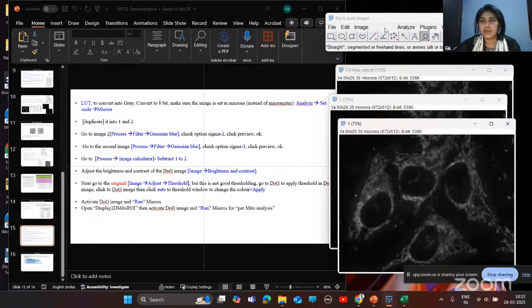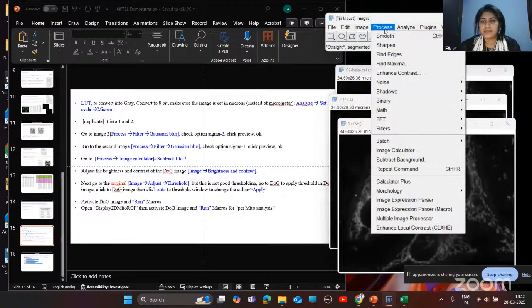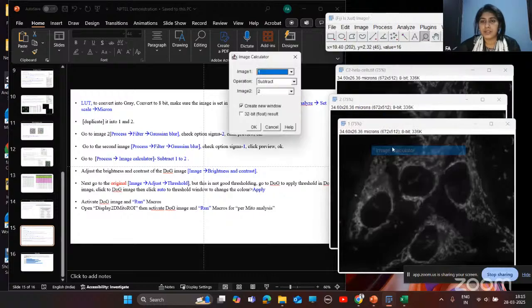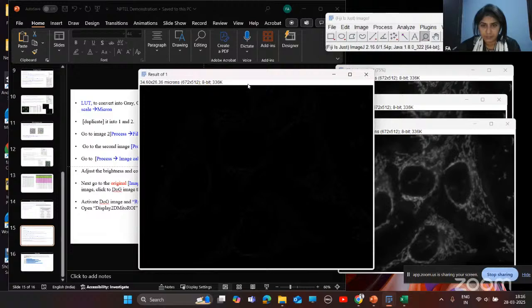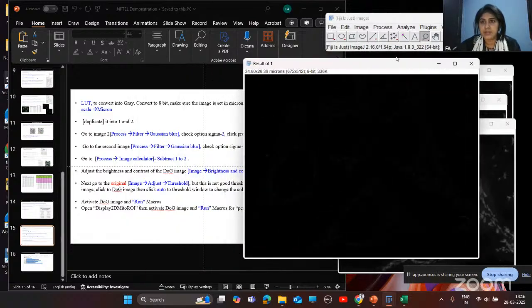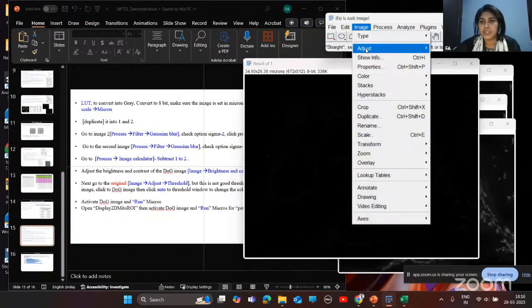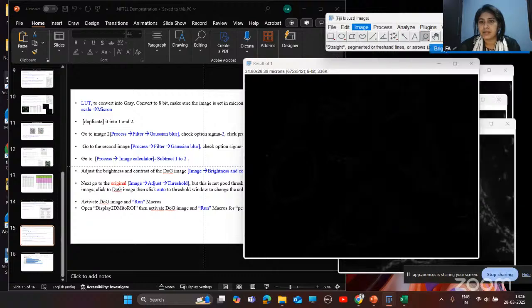Okay, again I'll go to process, image calculator. Okay, it has subtracted, but we need to adjust its brightness and contrast.